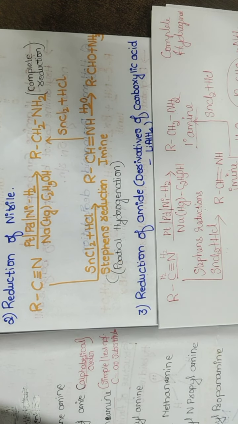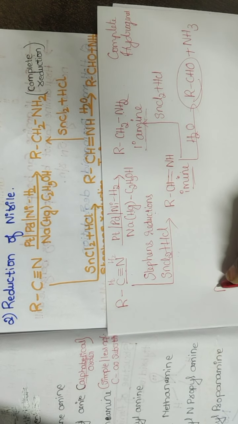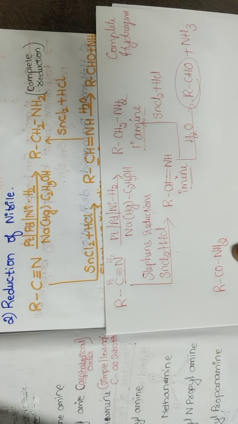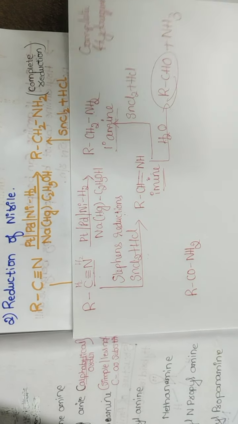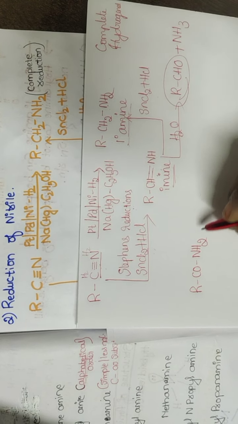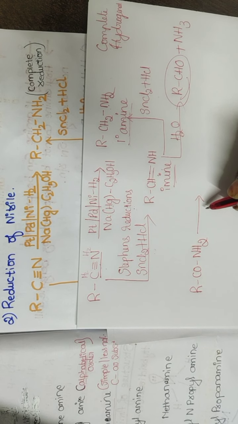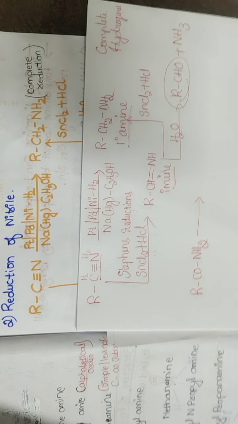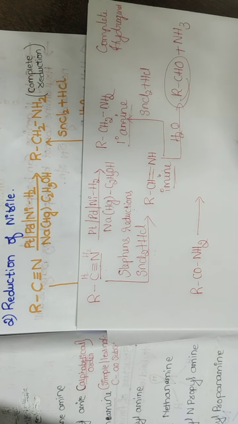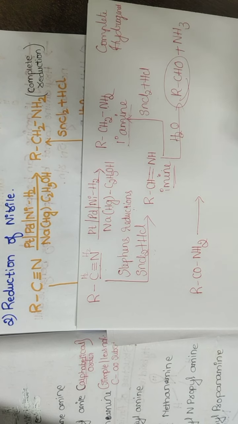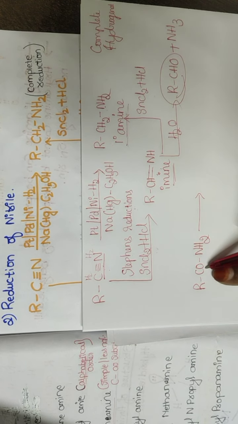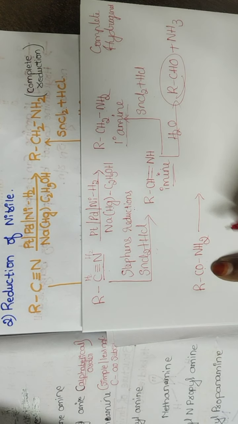So what do you mean by amide? Amide is nothing but RCONH2. So this is called as amide functional group. Here what I have to do is a reduction. Here the definition of reduction is different. As I have said, I can add a hydrogen or I can remove an oxygen. Here you can see that amide is a derivative of carboxylic acid.